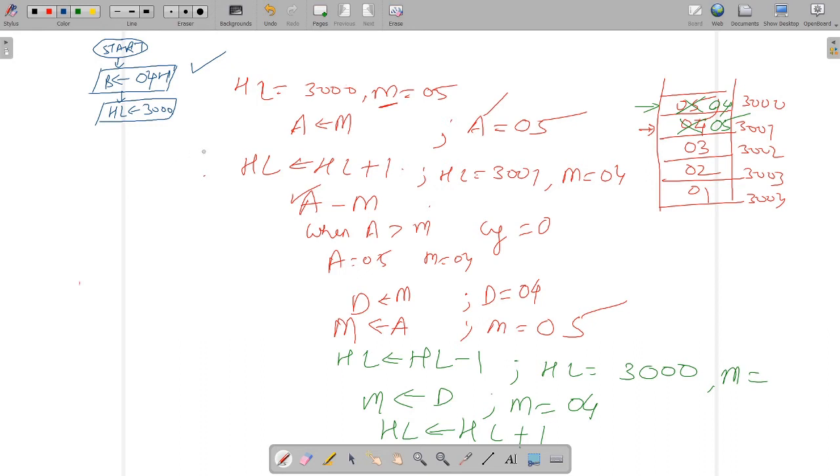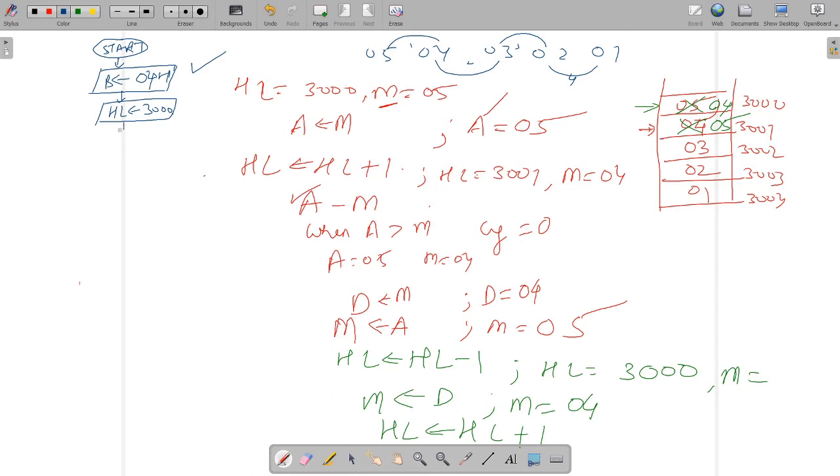So how many comparisons will be there? You see 05, 04, 03, 02, 01. So this is your first comparison, that is between the first element and the second element. Then there will be a second comparison between the second element and the third element. Now there will be the third comparison. So 1, 2, 3, and this will be 4 comparisons. So it means that there will be 4 comparisons in every iteration.